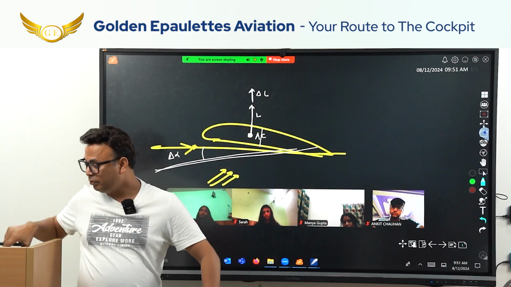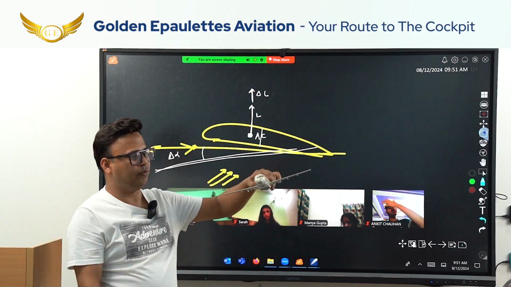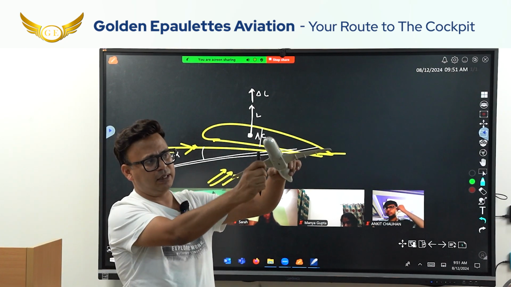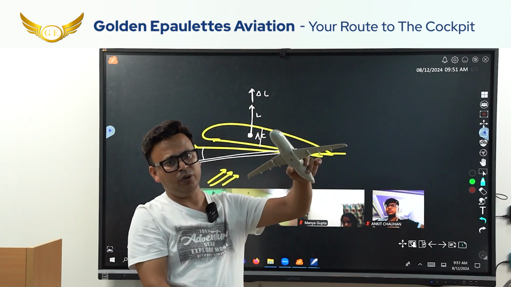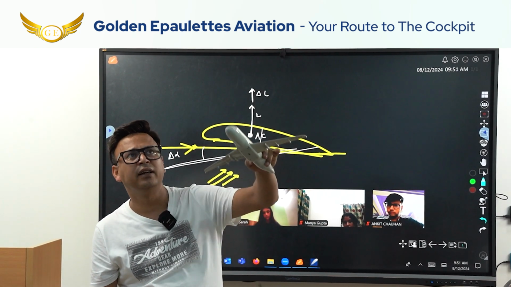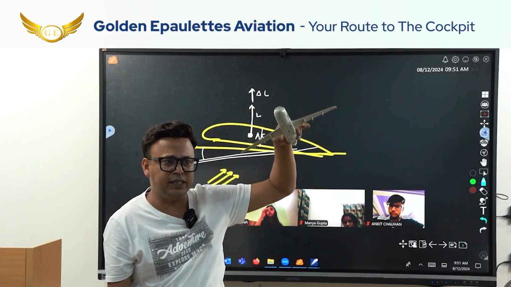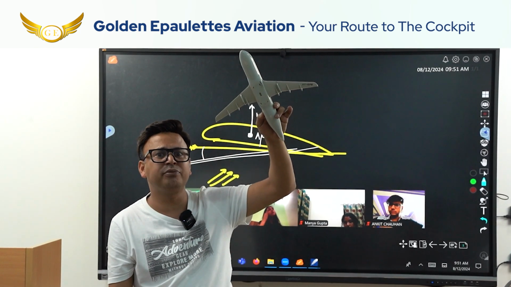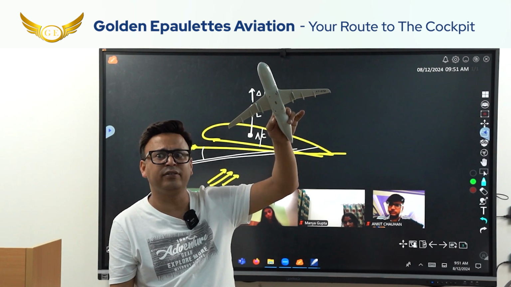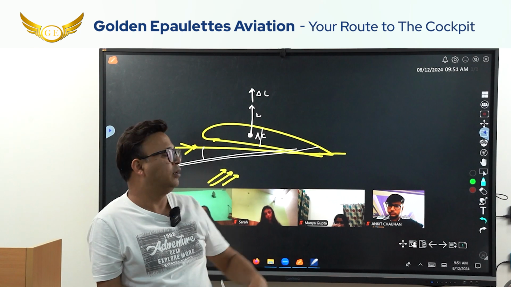Now you were flying straight and level. This is the level you want to fly. The vertical gust hits you, and now your angle of attack has increased. Lift will increase. If nothing is done, the aircraft will continue to go this way. Is this acceptable? The aircraft should inherently be made in a way that something happens so that it comes back, right?